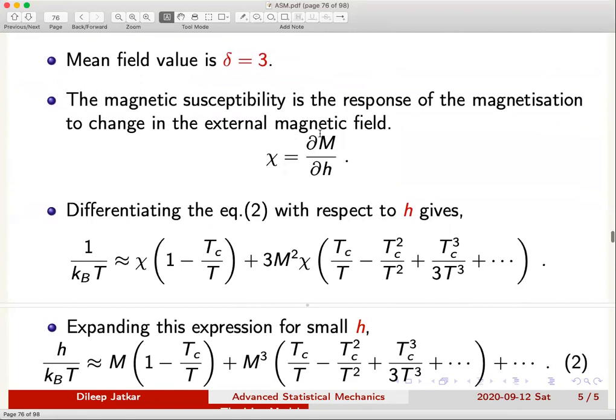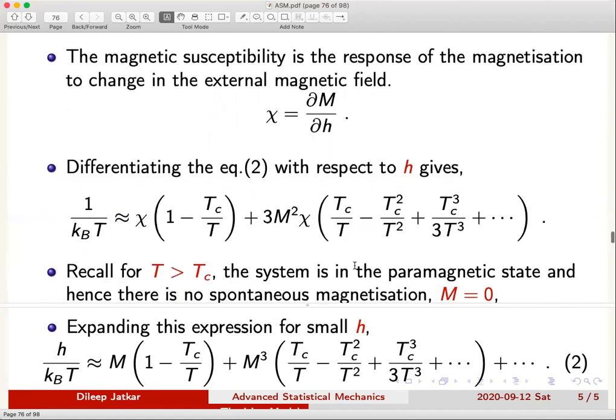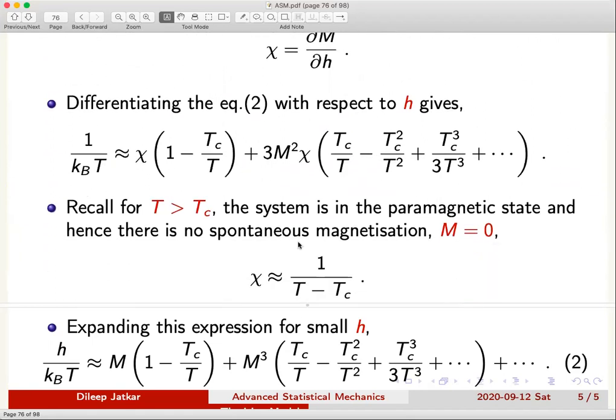The next critical exponent that we found was the magnetic susceptibility. That is a measure of how the magnetization responds to change in external magnetic field. You change the external magnetic field a little. If the magnetization changes a lot, the system is highly susceptible. So that is what one does. To do that, you basically differentiate this equation and write down the equation like this, and then you can read off chi from this equation in the limit when m goes to 0. Okay, so that is what you will get when T is greater than Tc.